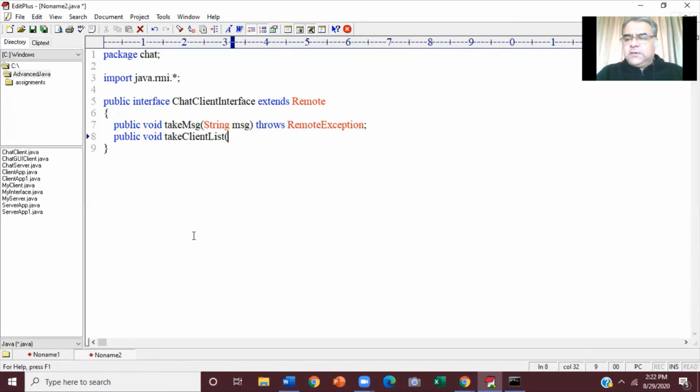Maybe we can use a vector. Server will put the names in a vector and pass that vector as argument. So this method will take a parameter Vector in angular brackets, generics, of Strings, let's say clients. Throws RemoteException.